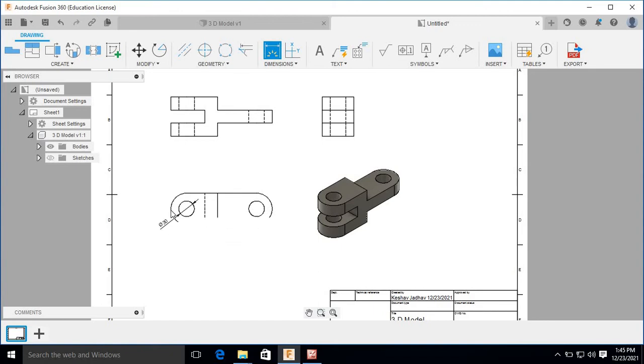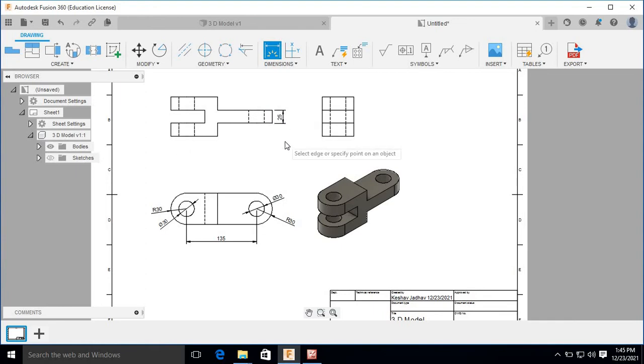30 mm diameter. Then this radius, it is 30 mm for this. Similarly, this is 30 mm. This radius, it is 30 mm. Then distance between these two center, it is 135. Okay. Then here we can give the thickness.